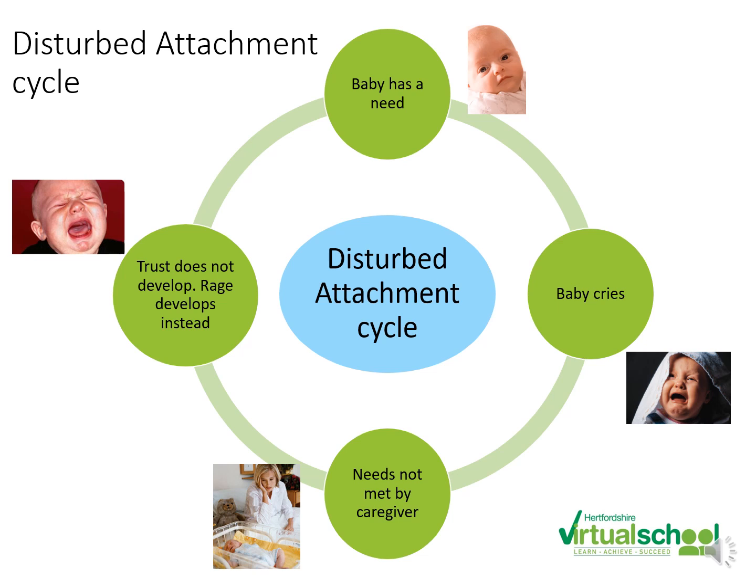So this slide illustrates the disturbed attachment style, the cycle. Baby has a need, baby cries, needs not met by the caregiver, and then trust does not develop, rage develops instead, and then that cycle just continues. So that cycle is continuous, and that's how for some of our children, think about how many experiences